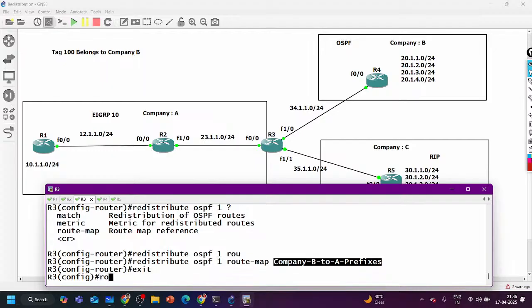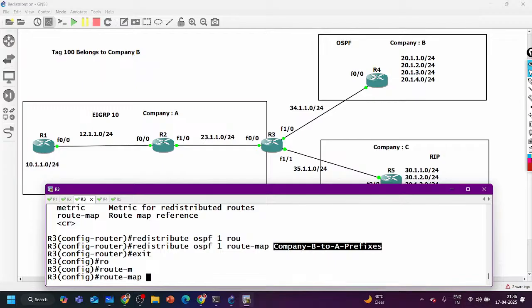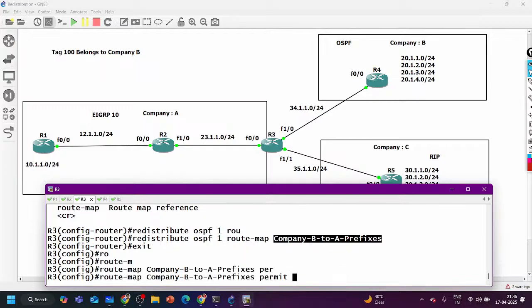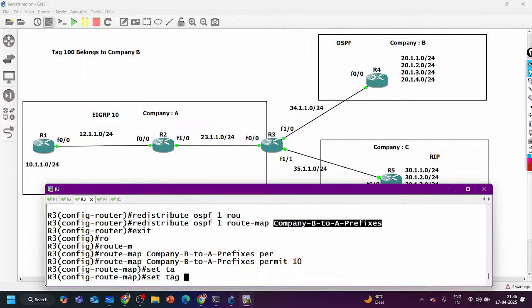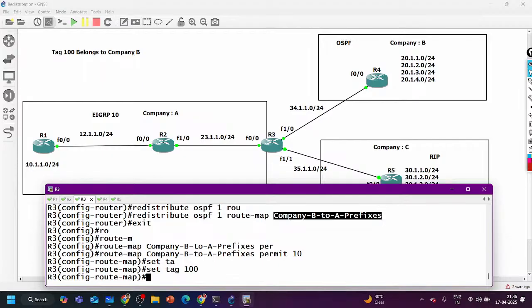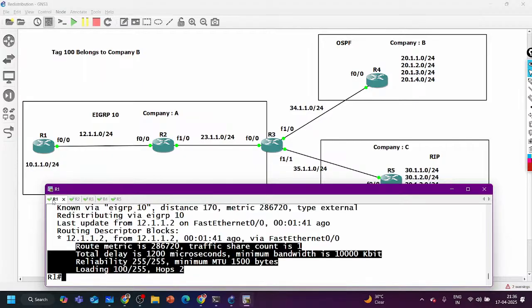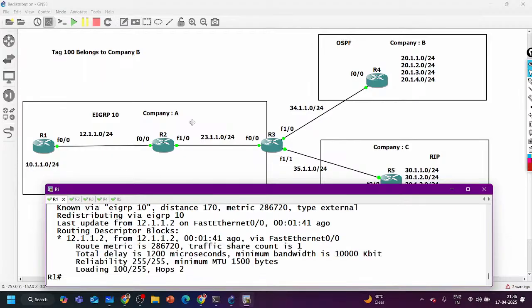Route map Company B to A prefixes permit sequence number 10, and I can say set tag 100. That's it. Now on router number 1 you will have tag 100 with all the prefixes of company B. It means when router 3 redistributes any OSPF prefix into EIGRP 10, it will add the tag value 100.